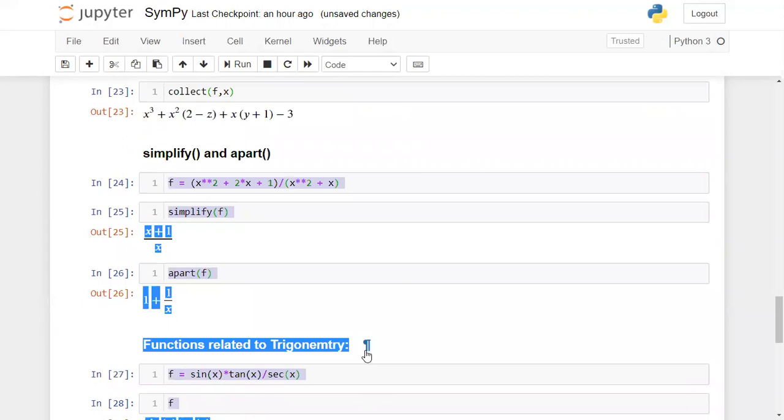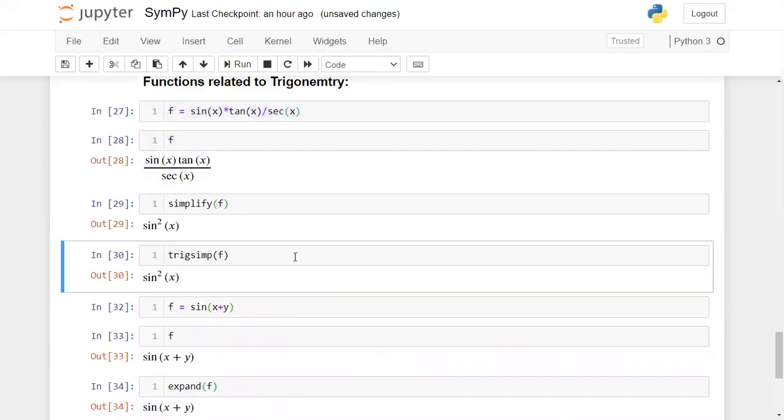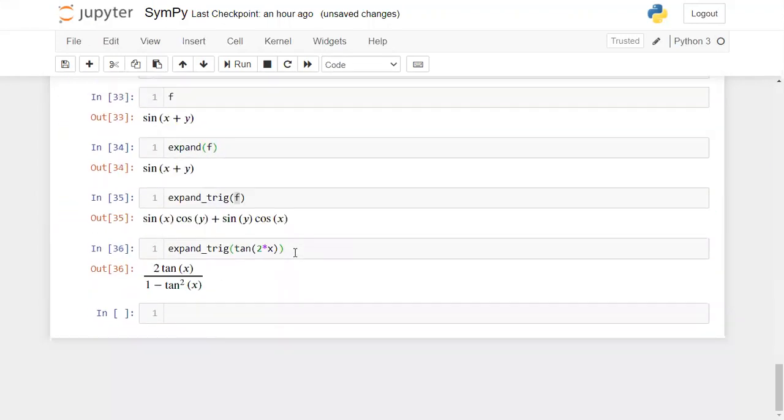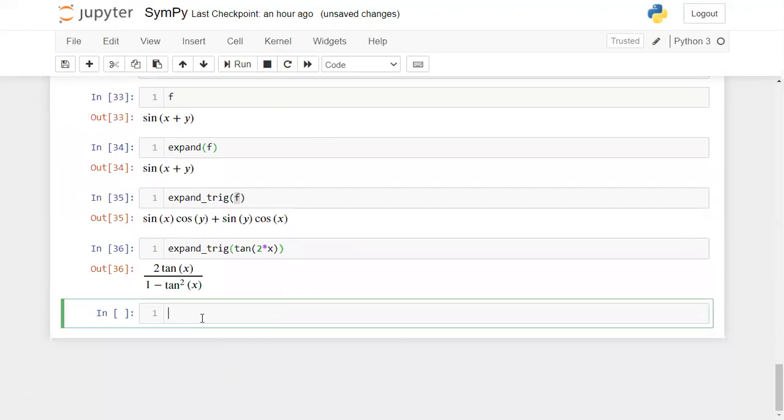And you can even use this SymPy package along with Matplotlib. Whenever you want to visualize anything through a plot, you can do that using the combination of SymPy along with the Matplotlib package.